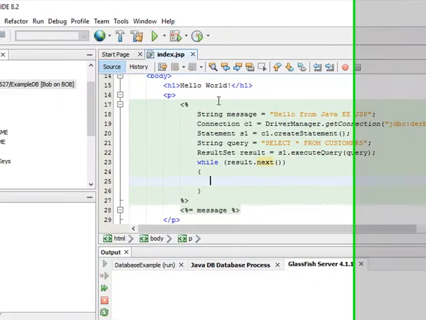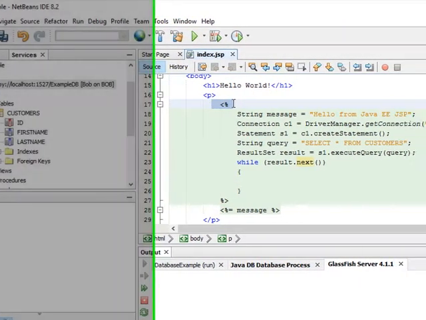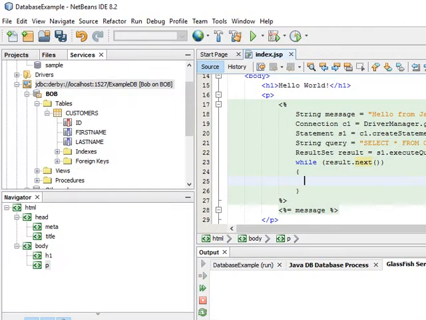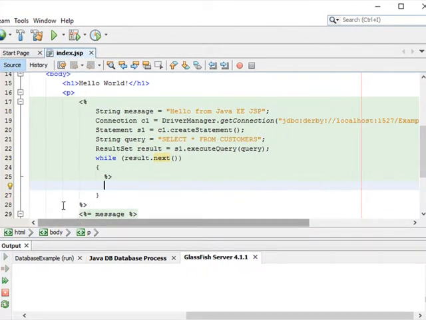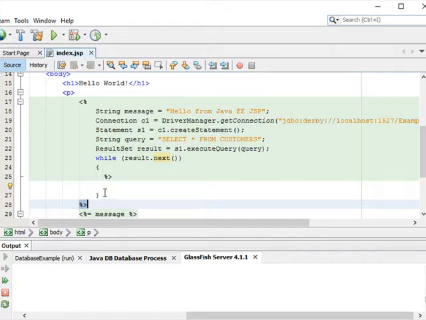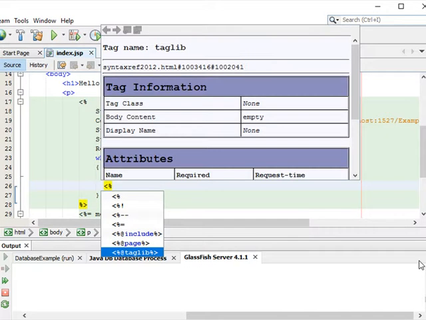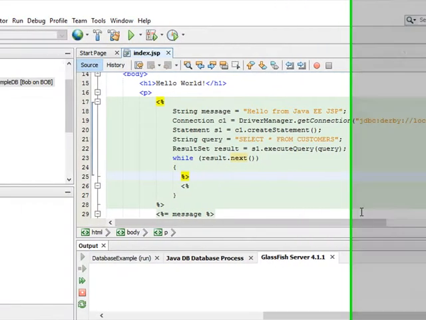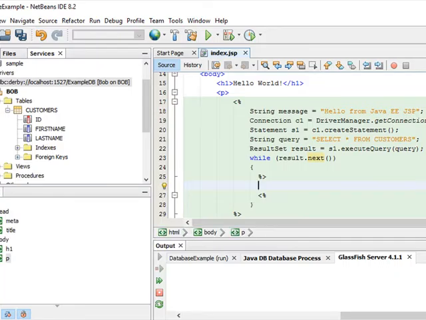But here's a weird little thing I've got to do. This little symbol starts my Java code. Well, I need to end that right here. So I need to put a percent and then closing right here. Then you notice I've got an ending right here, so I need to put a beginning for that right here, and in between those, what I'm going to put in